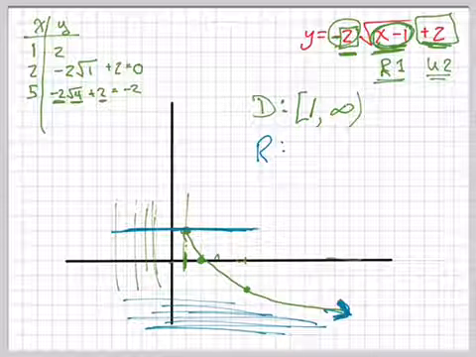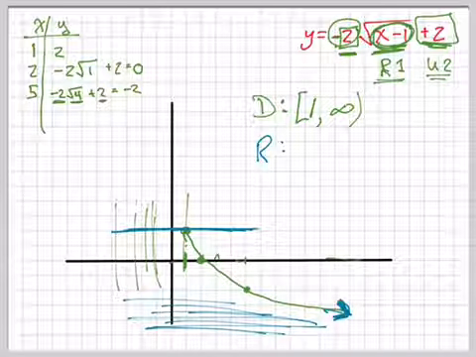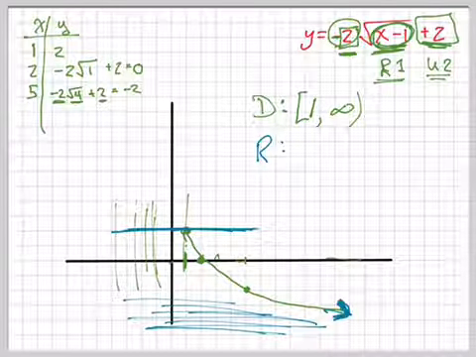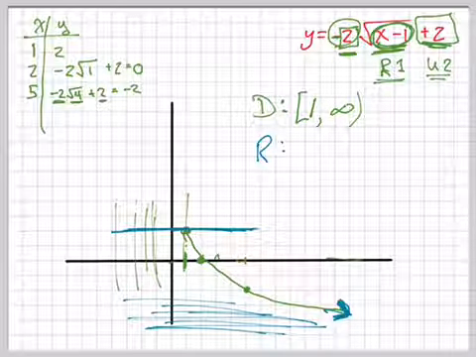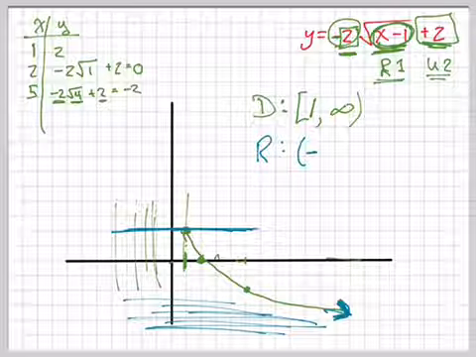So how do I write that in interval notation? Positive 2, negative infinity. So we're actually going to start at negative infinity. So we always